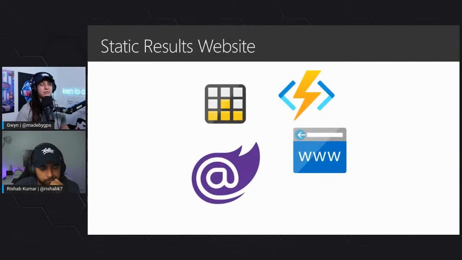And then the next thing was a static results website, which used Blazor WebAssembly on the front end. It was deployed on App Service, I believe, or maybe even on blob storage, just like a static site. Every time you would hit the website URL, it would call an HTTP triggered Azure function that would get the results of all the table, parse it to JSON, and return JSON back to the site.